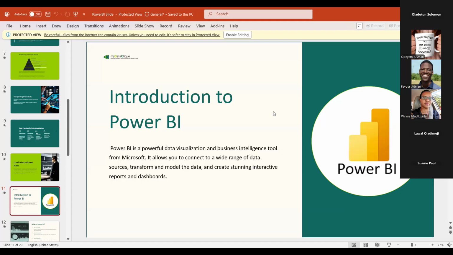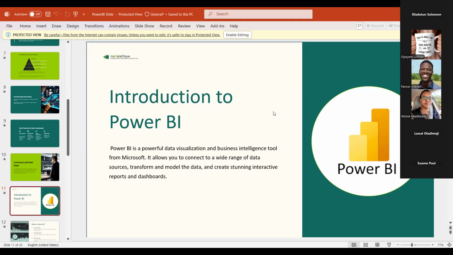Part of the reason why we learn Microsoft Power BI is so that we continue in the Microsoft workspace. You already learned Excel, so we like to keep our students within that workspace. You continue from Excel and go to Power BI. Mind you, there are a lot of other data visualization tools. For example, Looker Studio is one, Tableau is one, IBM Cognos is one.